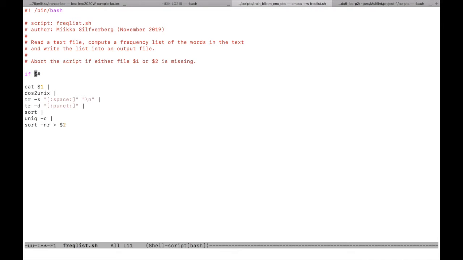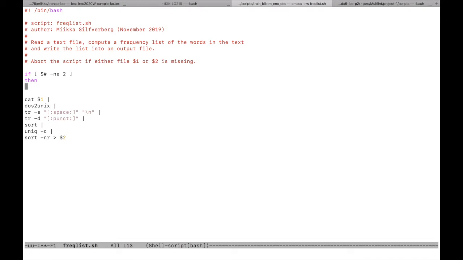So if, and then inside brackets, we're going to write $# not equal to 2. So in case we got a number of command line parameters that's not equal to 2, then